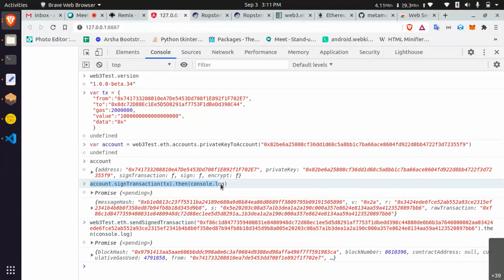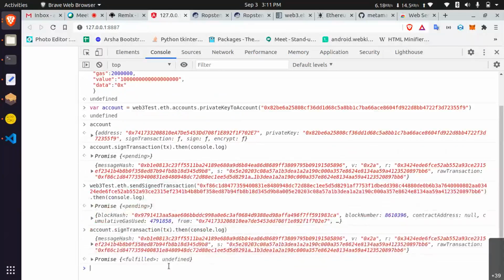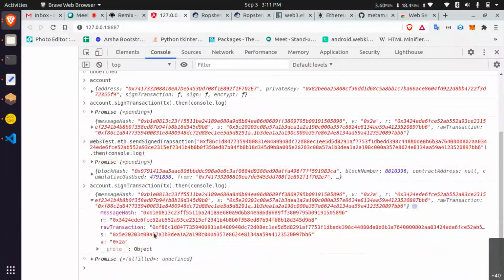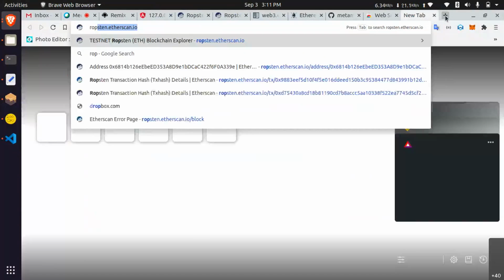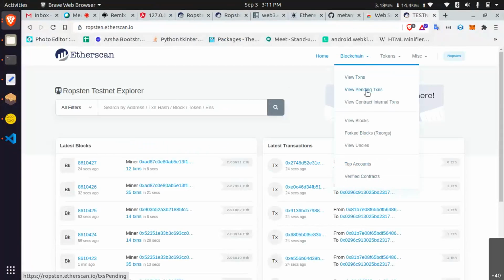Let's see. I'm going to sign the transaction again. Then I will not publish on my browser. You only are going to publish. Okay. Let's see the raw transaction here. Just the entire thing. For the option you can scan.